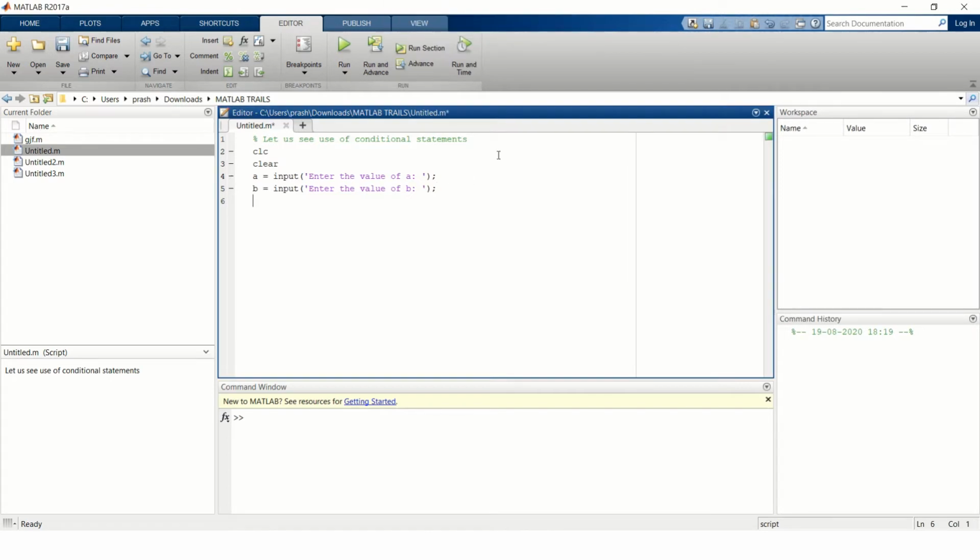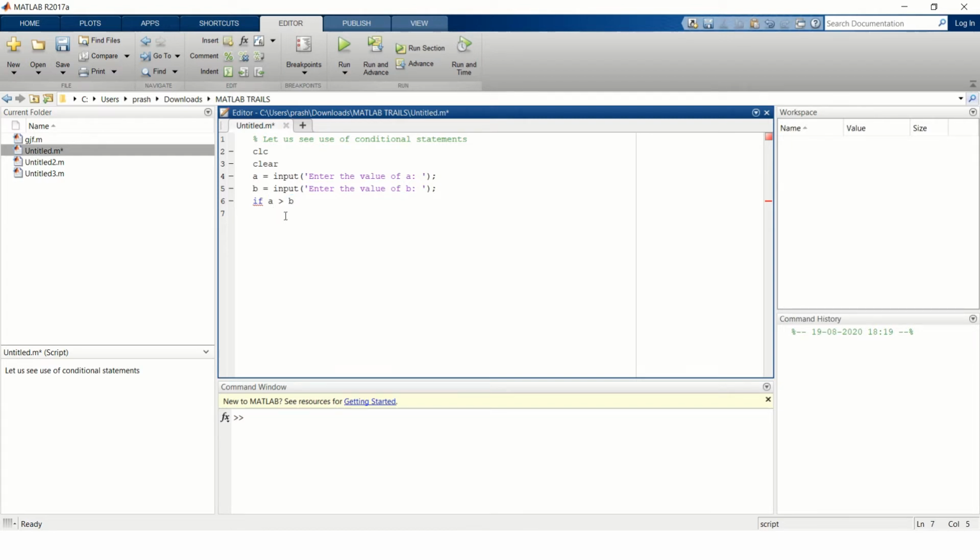So if I have a condition a greater than b, then here you should enter the operation which will get executed if this condition is satisfied.